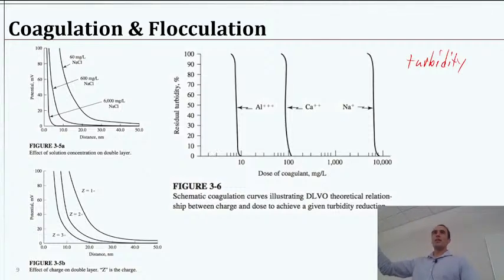So if you've ever seen the drinking water fountain give this weird milky looking color of water, occasionally it happens. It's actually really tiny fine bubbles. If you let it sit there for a little while, the bubbles will come out. But while they're there, it kind of looks like milk because it's so much turbidity. So turbidity is just particles that are scattering light. So it's a measurement of the particles that we're trying to